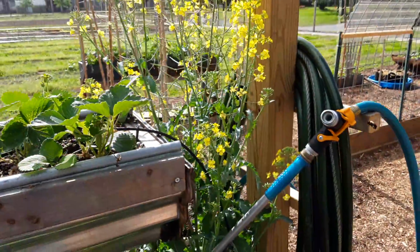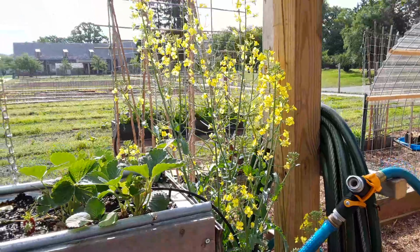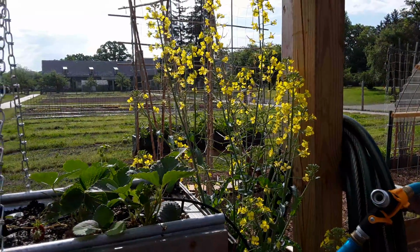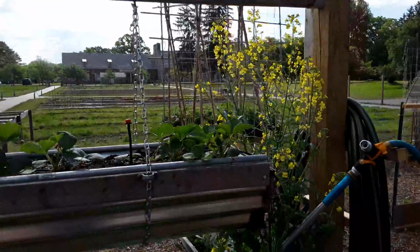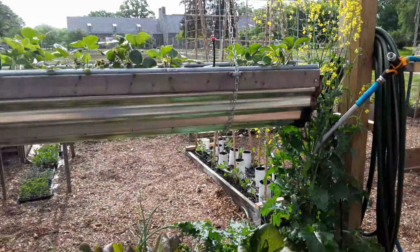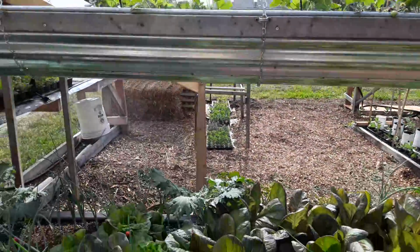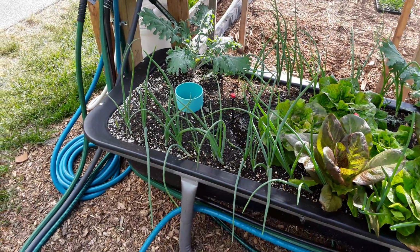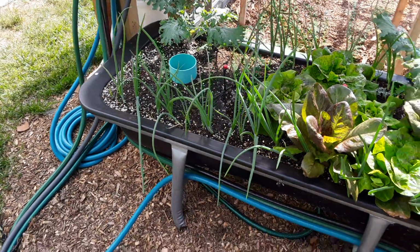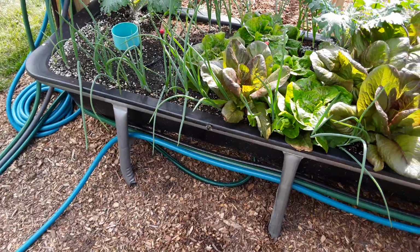And yeah, they're all over the flowers of the kale. So kale is a biennial. It's in the brassica family, cabbage, cauliflower. So it doesn't seed until the second year. And then this feed trough was planted with Russian red kale, onion sets, red and white onions, and then various